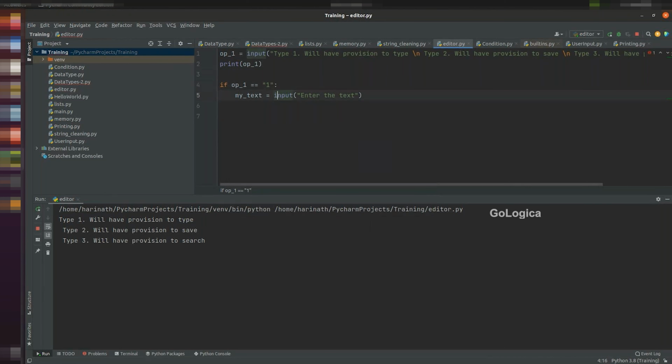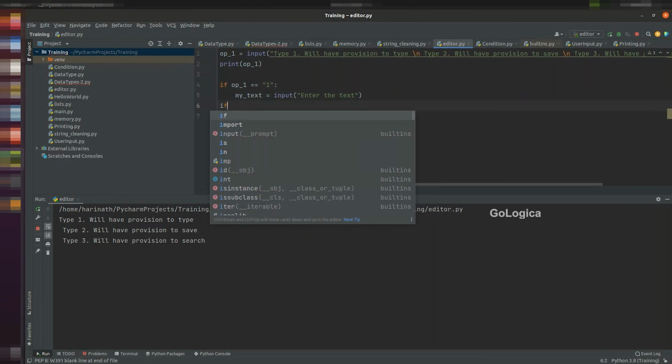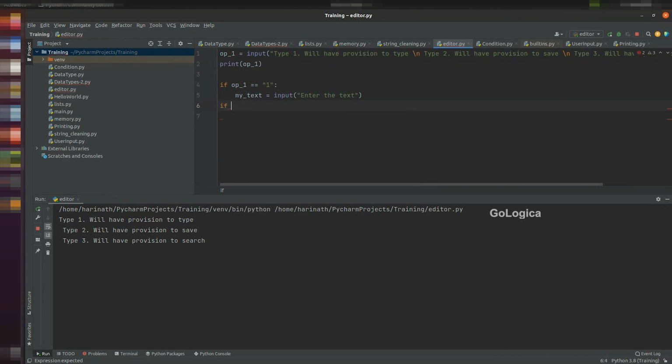After which, if I have to keep getting the next value, I have to do a search, right? I'll say elif op equal to 2, not 2, maybe we'll do a simple find thing. No need to do even a save. Save you can try. I'll say a find operation. Then I say my text